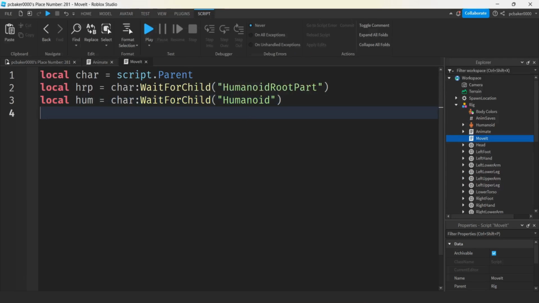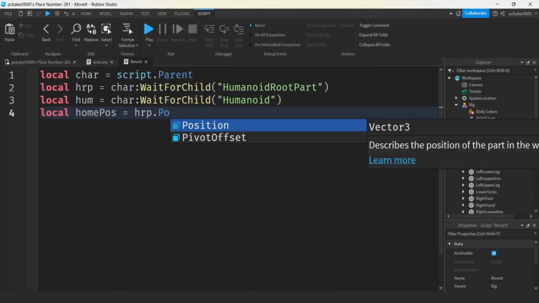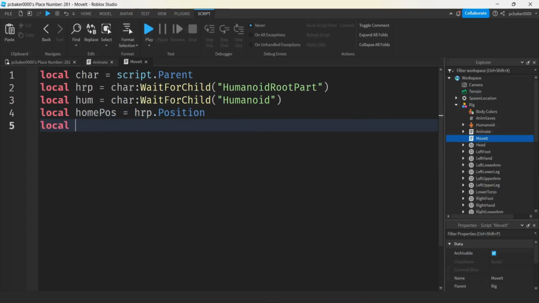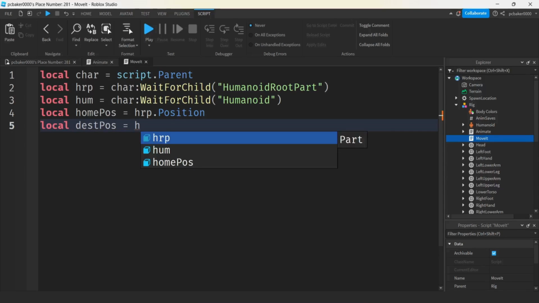And let's see. Let's get a random number generator. Do we need that right now? We don't need it right now. Let's get our home position. That's where we're standing right now. So I'll say HRP, humanoid root part dot position. And then I'll get a destination position. So how about dest POS? I'll make that the home position